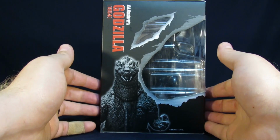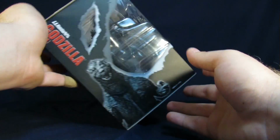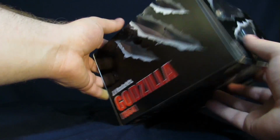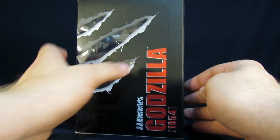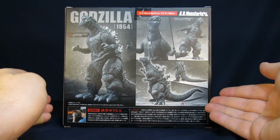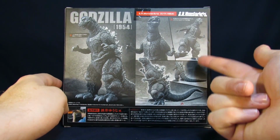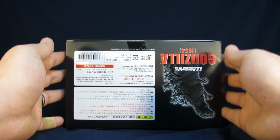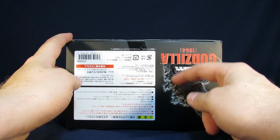Side of the box, you get Godzilla in a nice frontwards position. Top of the packaging, got it upside down, MonsterArts Godzilla 1954. Other side, not too much else going on that we haven't previously seen. And for the back of the packaging, you just get Godzilla in some dynamic poses, getting ready to stomp on some military vehicles, some stuff I can't understand, and some legal mumbo jumbo, but you get another picture of Godzilla